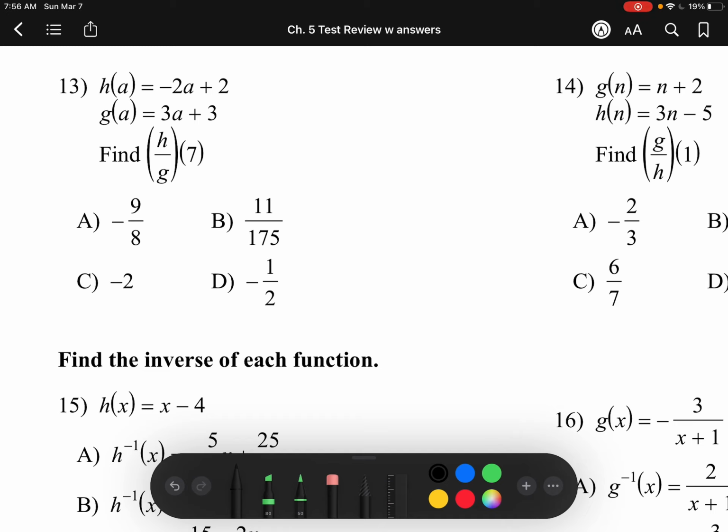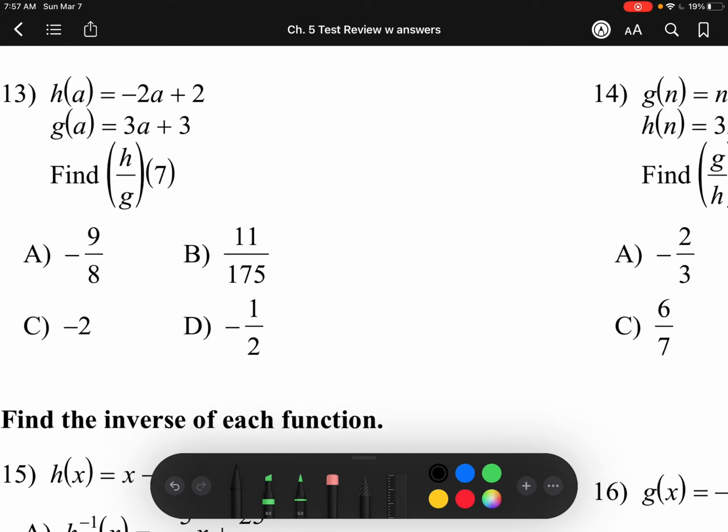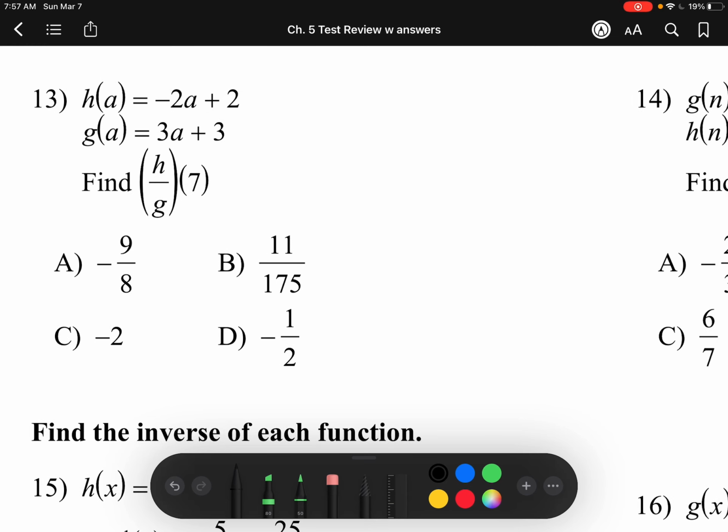7 into function h for the a's, right? So negative 2 times 7, and get a value, and then you could do function g, plug in 7 for a, evaluate it for 7, and then you're going to get a value for g. Then you just put the value of h over the value of g. All right, so for number 13, I'm going to do it both ways really quickly because this one's going to be pretty simple, right? So the first way would be you put